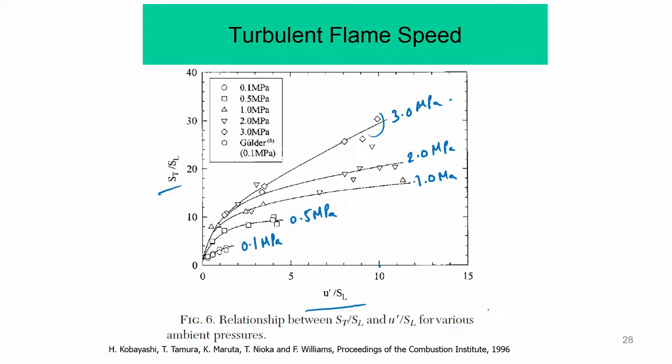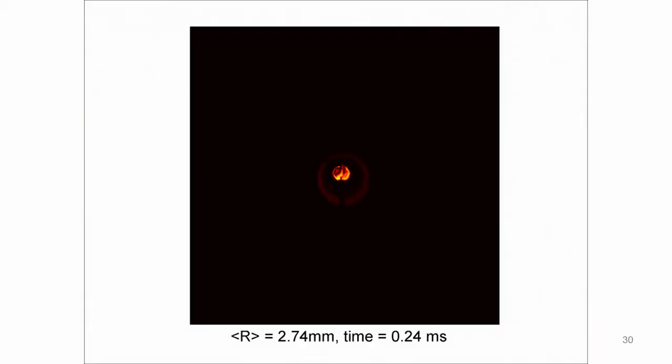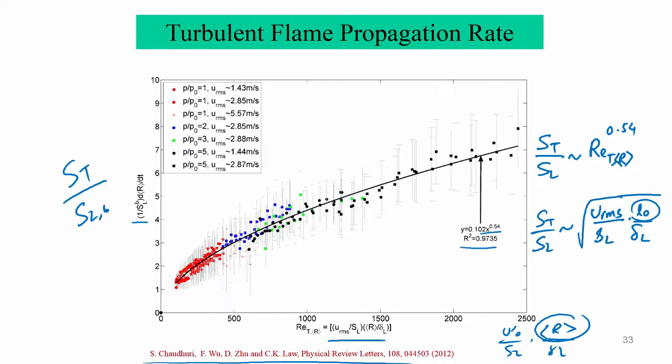Then we showed different turbulent flame speed experiments, the state of the art experiments, and how the turbulent flame essentially propagates, and how the multi-scale structure of the turbulent flame emerges under the effect of turbulence. And then we showed why, for an expanding flame, the characteristic length scale should not be only the length scale of turbulence, but the characteristic radius of the flame, the average radius of the flame, should be the characteristic length scale when you want to define turbulent flame speed as a function of Reynolds number,